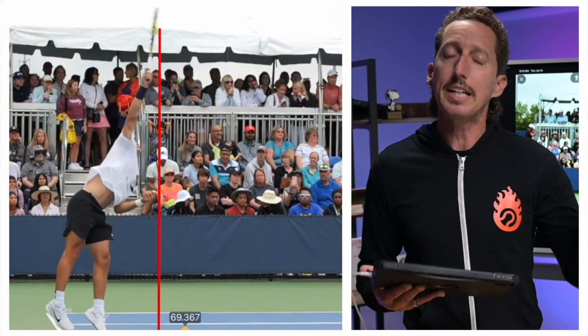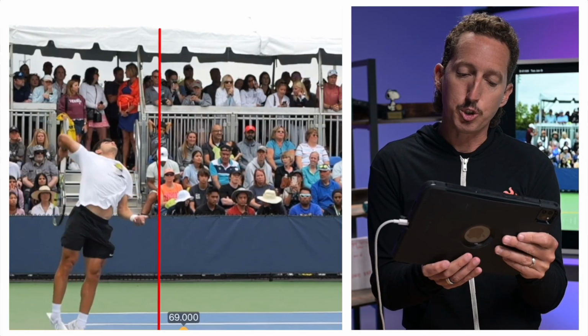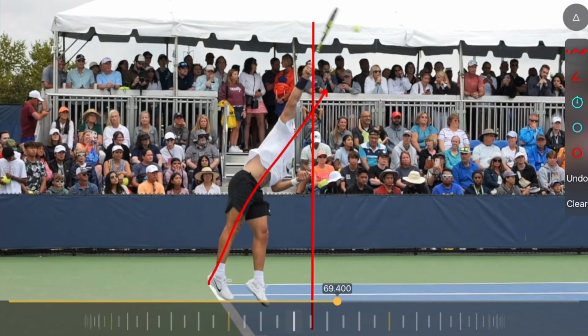The reason why he's able to just propel himself and launch himself into the point of contact is because of where he's placed the ball. All of this energy, watch how his body unwinds and he drives up and into the court at about a 45-degree angle up through the point of contact. He needs this upward energy to clear the net and to create some shape, and he needs the forward energy to create as much power and speed so the ball gets to his opponent, or hopefully past his opponent, as fast as possible. Both those forces are critical, and the toss location really enables all of this propulsion into the